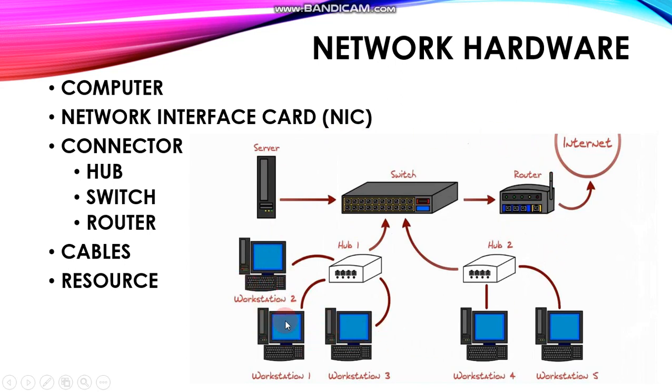Here you have computers. We have learned the word called workstations, right? Every computer that is on the network, we call them workstations. So these are workstations, and these computers are connected to a hub, and these two hubs are again connected to a single box called a switch, and from the switch we have given a connection to a router. The router gives connection to the internet. This is what the figure says.